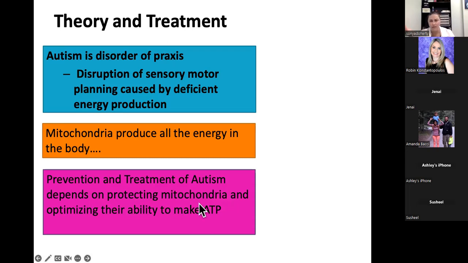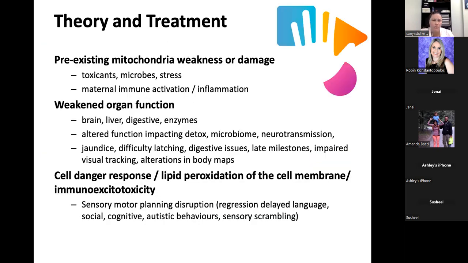And ATP is like currency. Nothing happens without money, nothing happens without ATP. The energy in our body, ATP, drives all of development. And so all developmental delay is actually related to mitochondrial weakness. Just think of this on a macro scale and then on a micro scale. Let's say someone has pre-existing mitochondrial weakness, which is really easy to have. And unfortunately, as moms, we pass our mitochondrial genetics onto our children. It is not passed paternally, which is actually quite interesting.